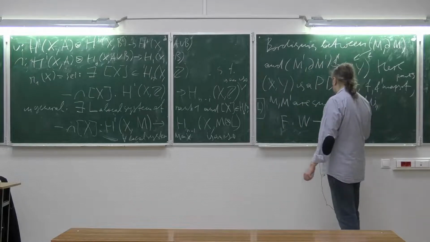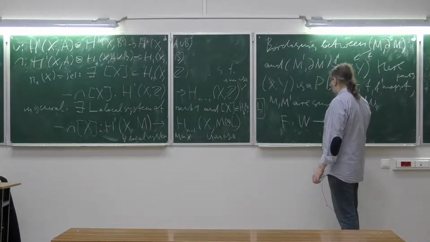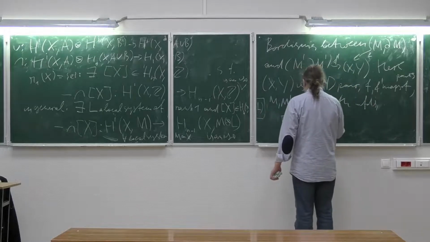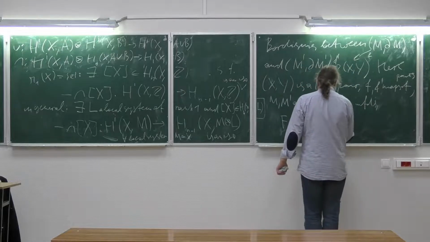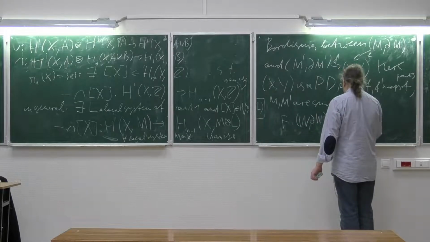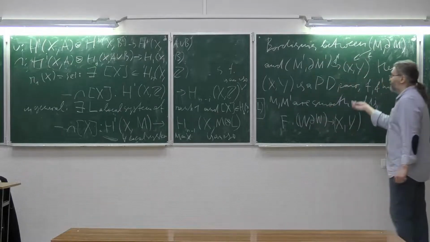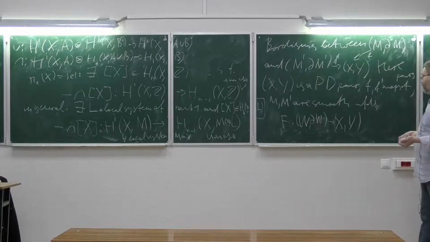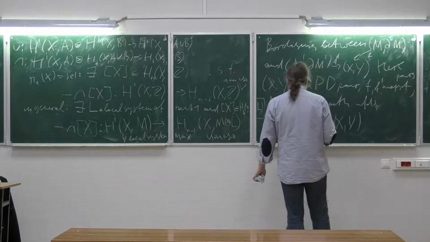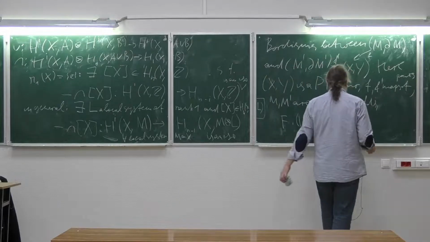So we define a bordism between f and f prime as a map from (W, dW) to (X, Y) such that